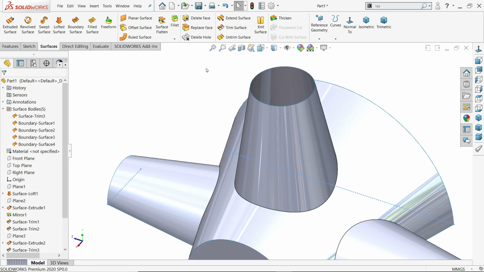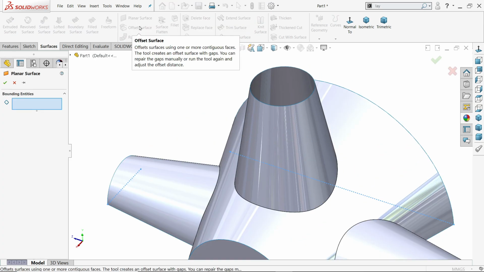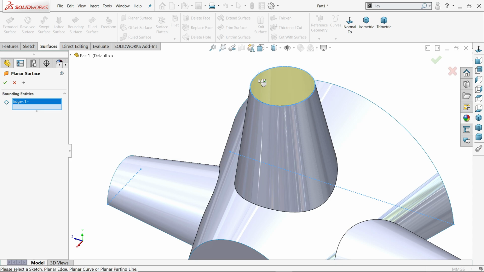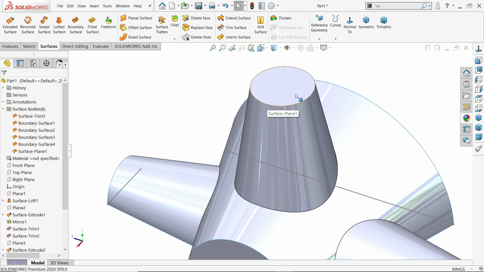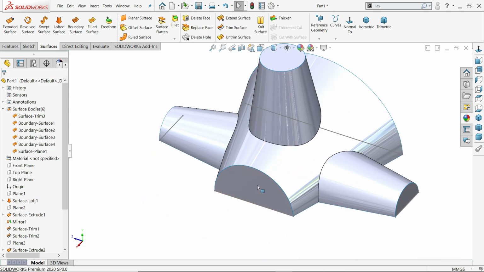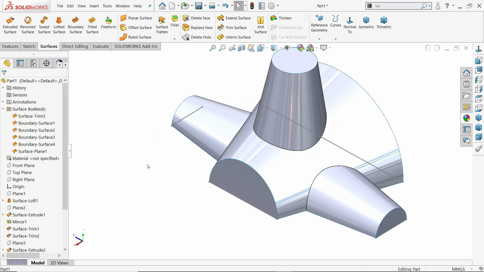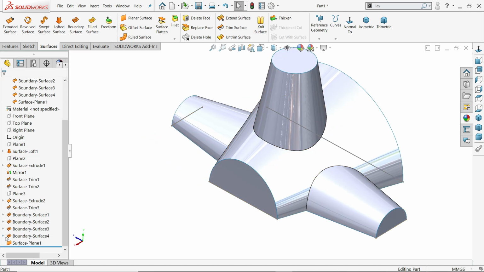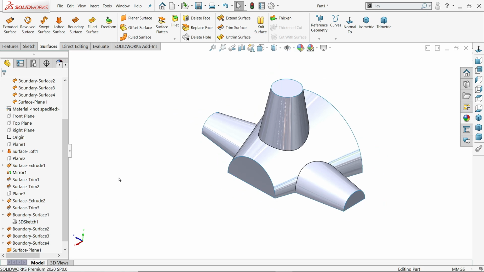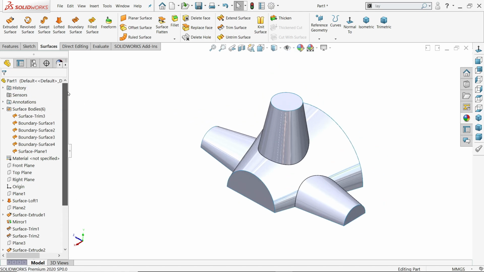Now the top one we can simply use planar surface, and I am going to choose because this is close profile, say okay. And this is one edge only, you can't apply edge and line together with the help of planar surface. That's it. Even let me hide. Now you will see surface bodies, there are many surface bodies.